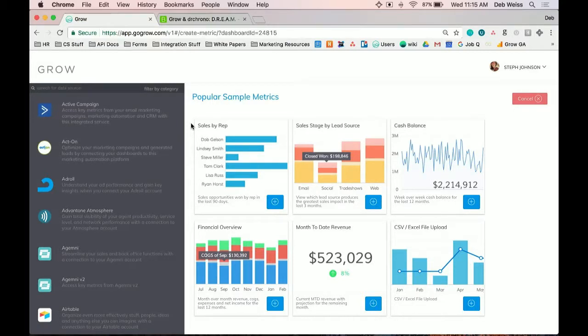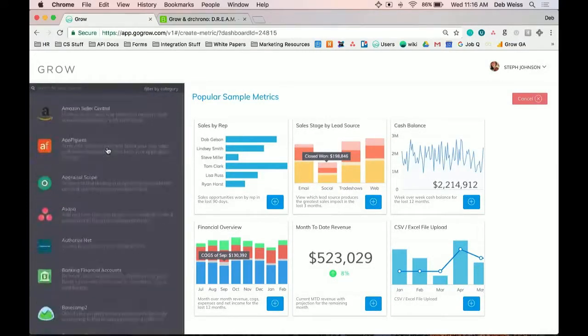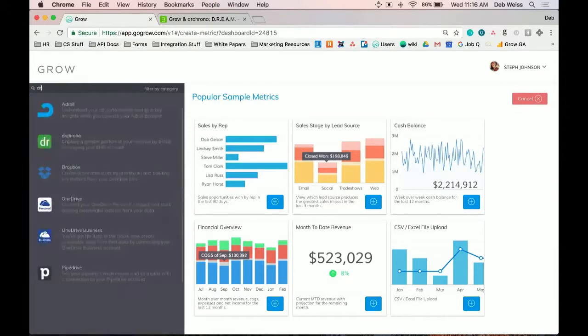I know from some doctor practices, they want to look at reviews, whether they're Google or Yelp or ZocDoc, or whether they want their social media to be brought into Grow, or they want to connect their Google Analytics from a marketing perspective. You can bring all of those together here inside of this platform. So here's a list of all of our data integrations. I'll scroll through them, and we'll get to the Drchrono one first. So I'll just type in Drchrono. So I can click on Drchrono,